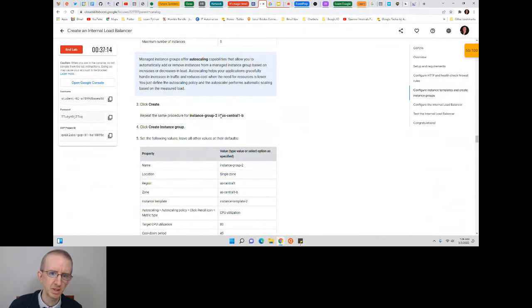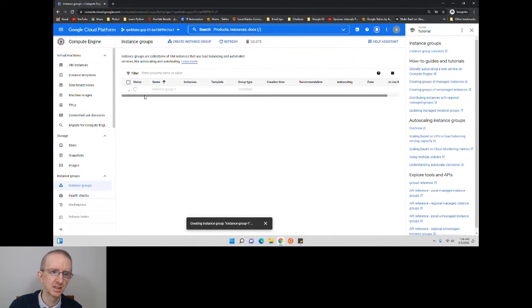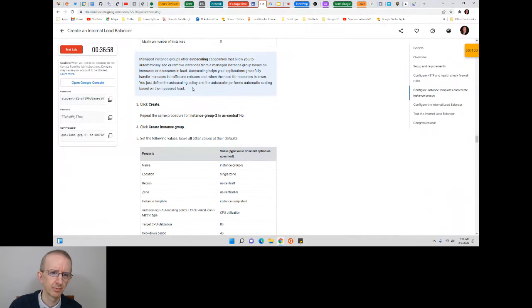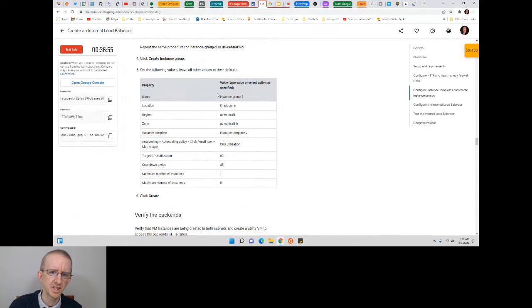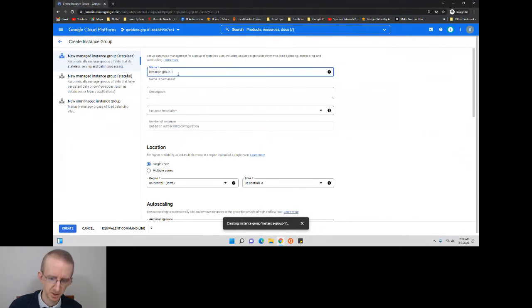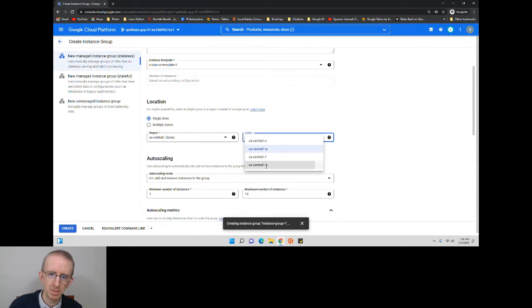So the next one will be the same, except it'll be in US Central 1B. That first one was supposed to be in 1A. The second one's going to be in 1B. Okay, they're suggesting that we just make it, so I'll just make another one right now. This one will be instance group 2, template 2, and that'll be in 1B